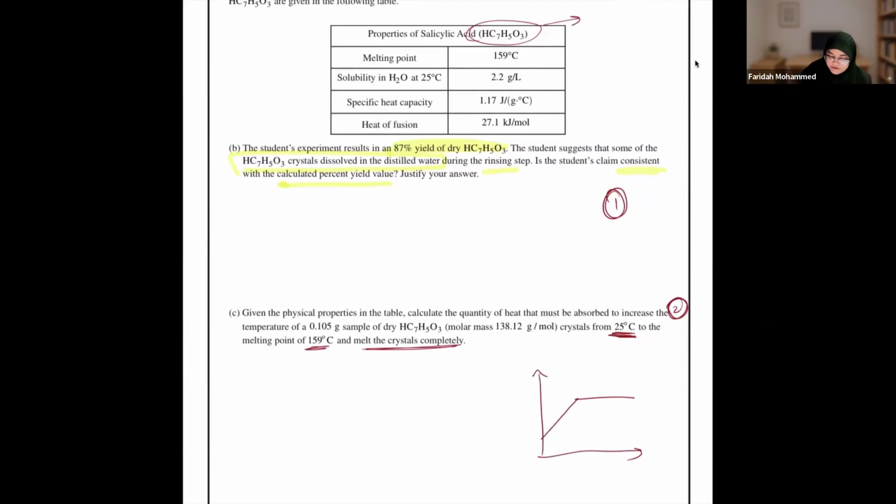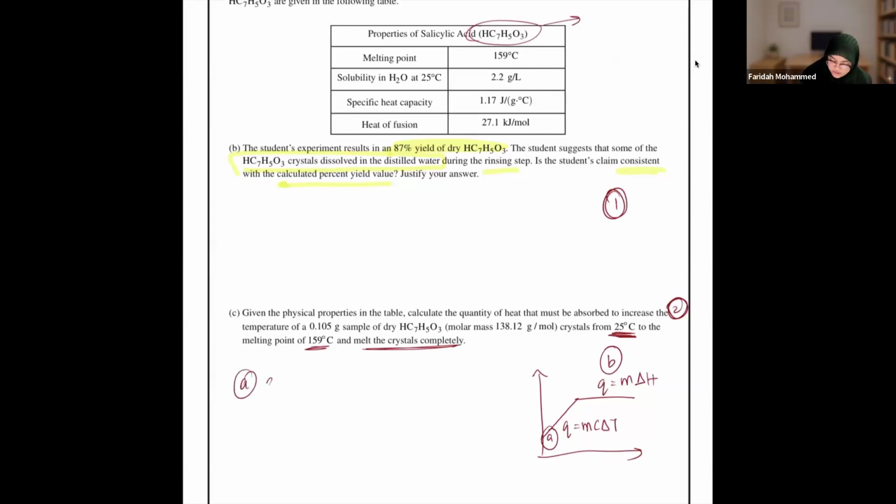So the slanted one will be Q equals MC delta T. This one is Q equals M delta H. Now again, M depends on whether it's mole or mass, depending on the C and delta H. So if you have even one of these correctly set up,